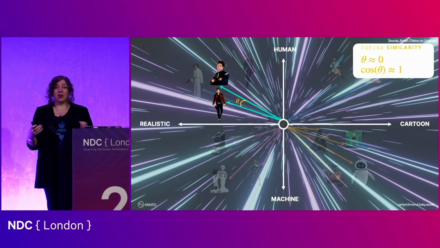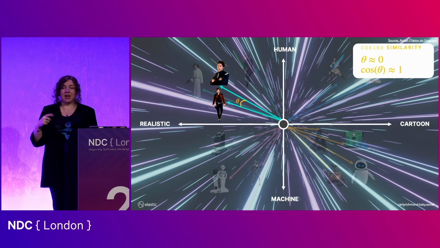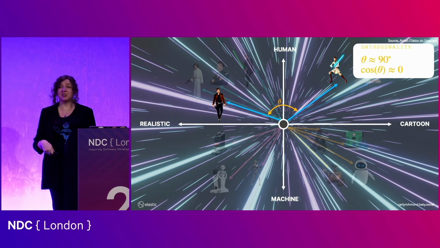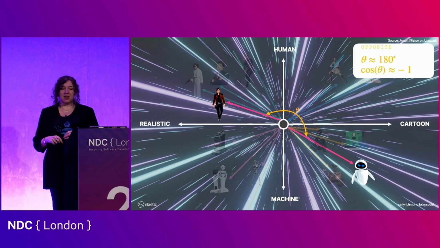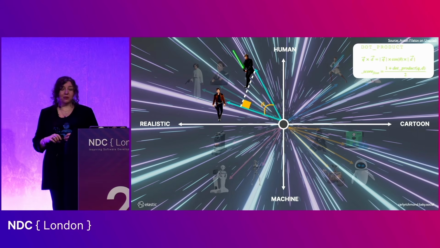So cosine similarity is quite a traditional measure used by several different vector databases, including Lucene, Elasticsearch, and others. You'll see that the cosine of 0 tends to 1 as the angle tends to 0. Conversely, it tends to 0 when they're orthogonal, i.e. at 90 degrees, for anyone panicking about the high school maths reminder. And then finally, for anything on total opposite sides of the vector space, it's going to be tending towards -1.